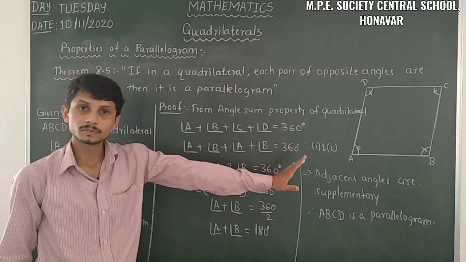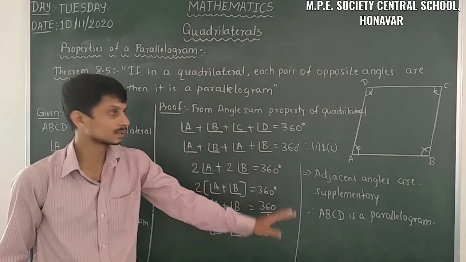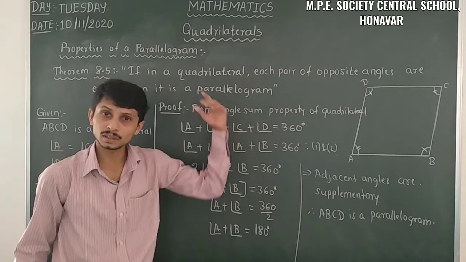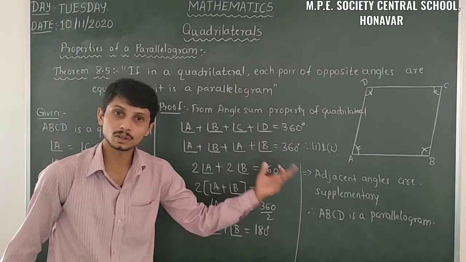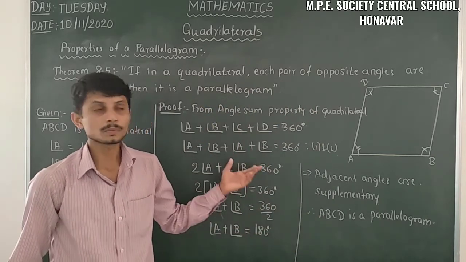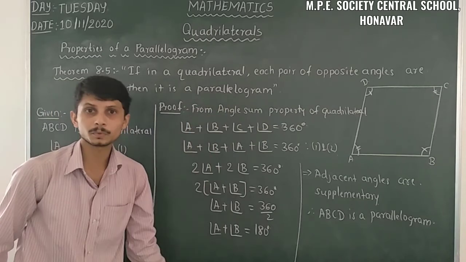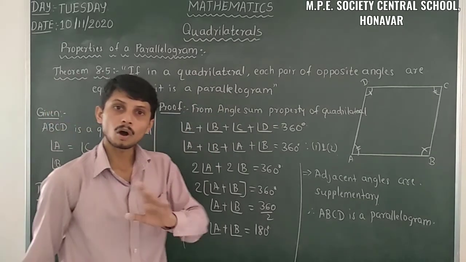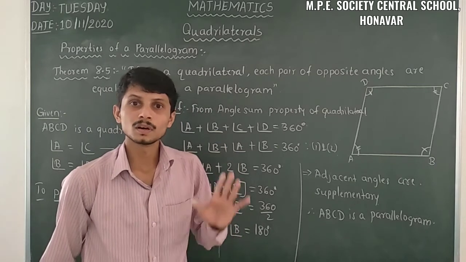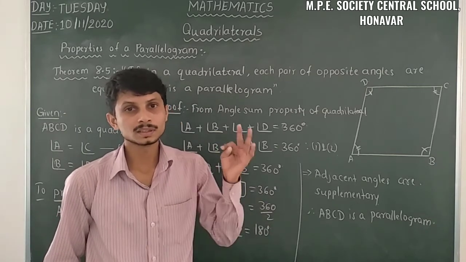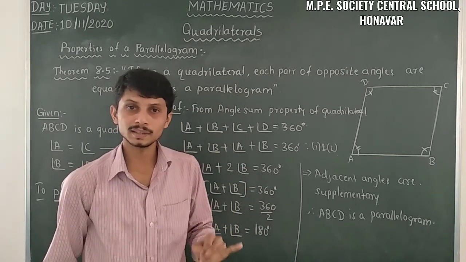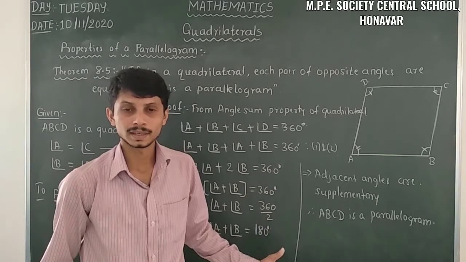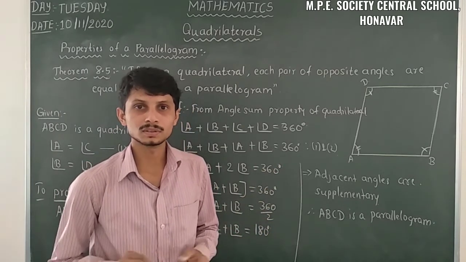From the given information, we used only the angle sum property. There are no triangles here, no alternate interior angles, and no opposite sides. From the angle sum property only we proved this. For that, we have to know all the properties of parallelogram, rhombus, rectangle, and square correctly. Then only can we prove these things. I hope you understood this.